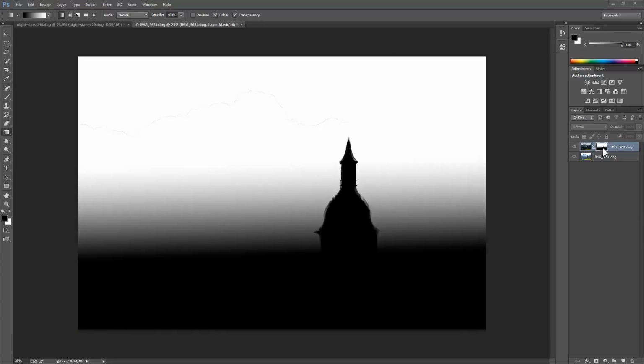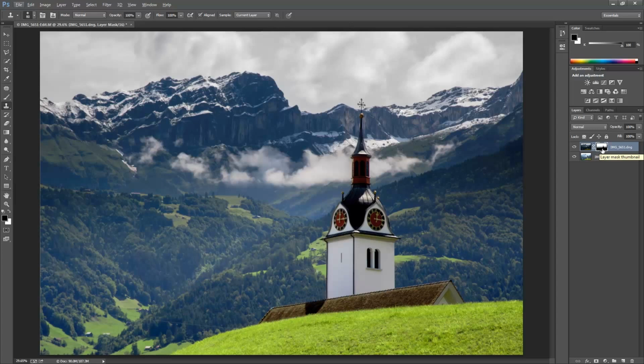I'll just Alt-click the layer mask to show you what the layer mask itself looks like. As you can see, I just painted white the parts of the layer mask that I wanted to show the background picture in, and everything that's black shows through to the bottom layer, which actually shows the foreground. So you can see the layer mask there is revealing the steeple and then gradually blending the background into the foreground. I'll Alt-click that again to turn that off, and then we'll switch back to the foreground layer here,